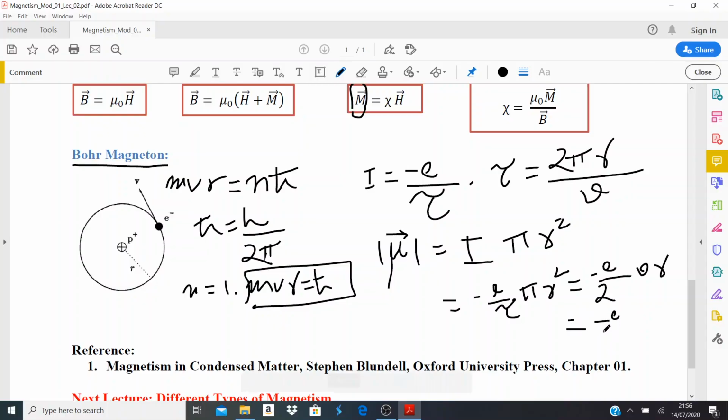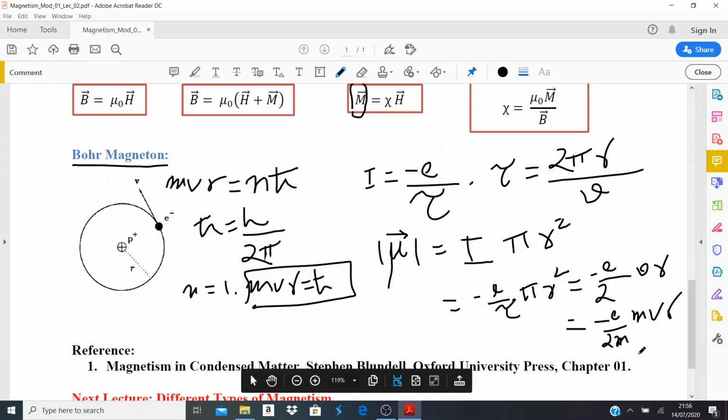We can bring the electron mass here, so we write m in the denominator and m in the numerator. According to Bohr, in the ground state of the electron, mvr should be the reduced Planck constant, h bar. So if you replace mvr with h bar, then what we have is e h bar